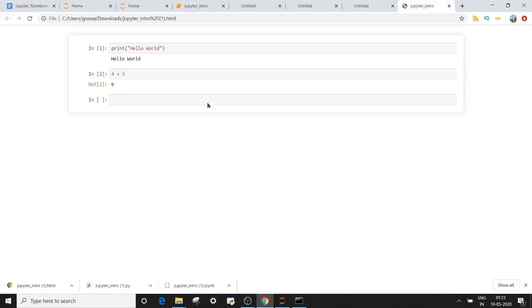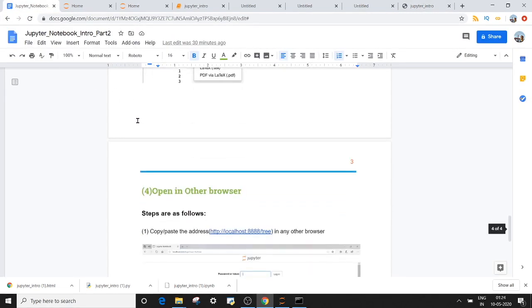But one disadvantage is your clients cannot edit this code, right? It's just like you have taken a snapshot and you attach the snapshot and send it to someone in an HTML format. And we are okay with that, because my client is not going to edit my code. They can simply see my insights and the trends or the graphs that I prepared in my notebook, and they will be okay with this, right? So these are 3 famous ways of exporting and sharing your notebook with others.